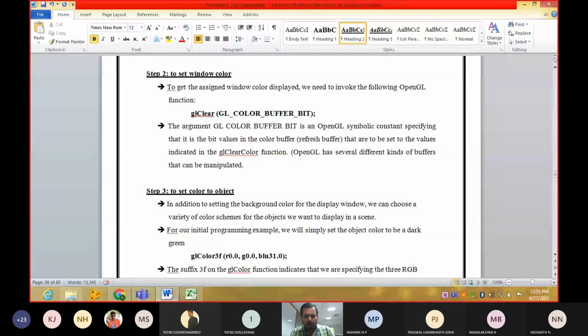Now I don't want red, or I don't want green, or I don't want blue. I need some other color. Okay, what is orange? It is nothing but a combination of red and green, right? Will you people agree with that one? I set these two bits to 1. Now if you see here, I have set the red bit to 1, and I have set the green bit to 1, and I have set the blue bit to 0. Now I won't be getting red color as well as green color. What I'm going to get is a color combination which is the mixture of red and green. What is the mixture of red and green?